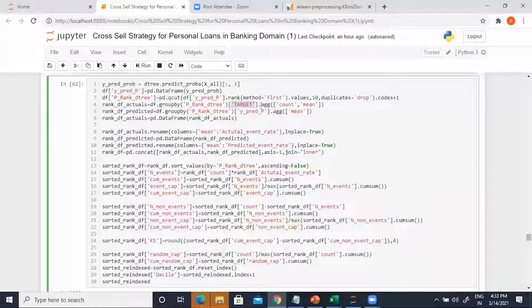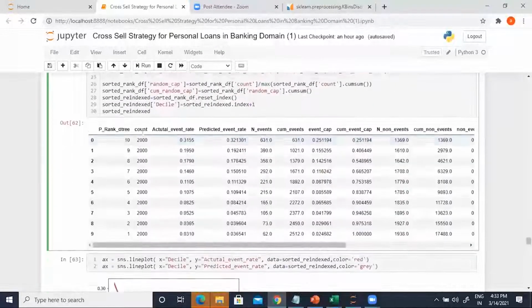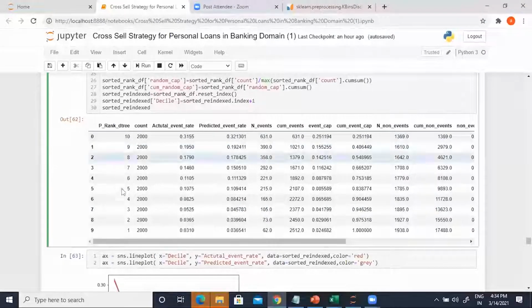When I apply mean on target, by now you guys know that the mean function on the target value will give me the actual probabilities, right? This is the outcome: p_rank_dtree, count, actual event rate. Okay.